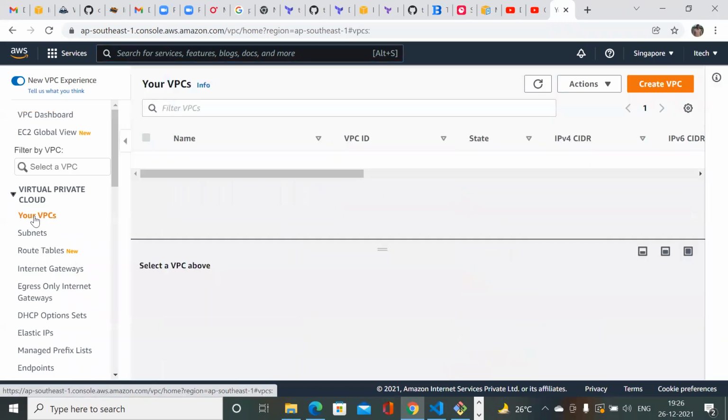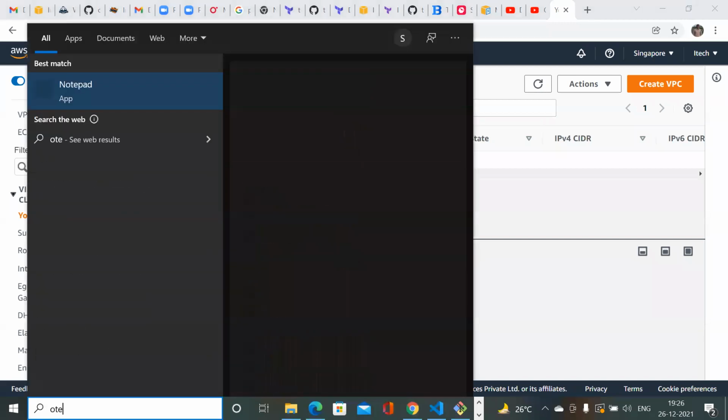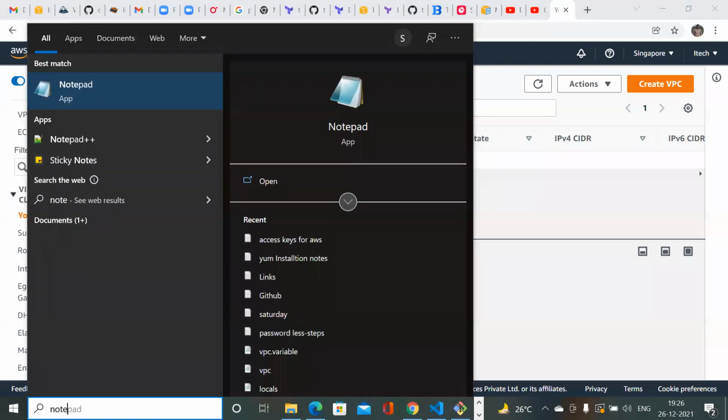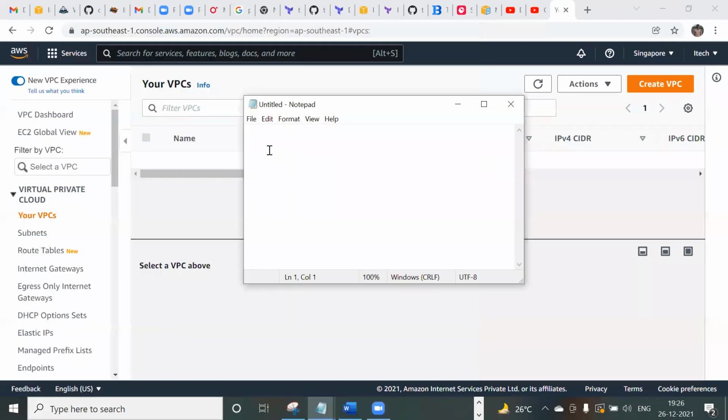Okay, click on your VPC. So guys, now tell me what are the steps you have to follow for creation of VPCs as per the sessions. Just create the VPC and create the subnets. Create the IGW, attach the VPC, and add the routes to the routing table. These 5 steps are mandatory after deploying our VPCs.